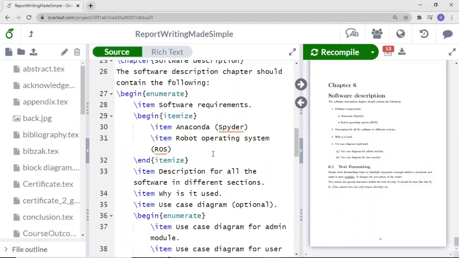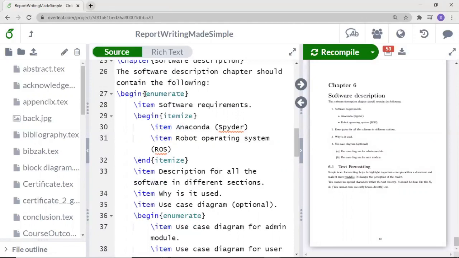While writing a report, you may have a situation where you have to list something. So there are 2 types to do that. First is ordered list and the second is unordered list. You have already seen how to use unordered list. So let us see how we can include the ordered list in our report.